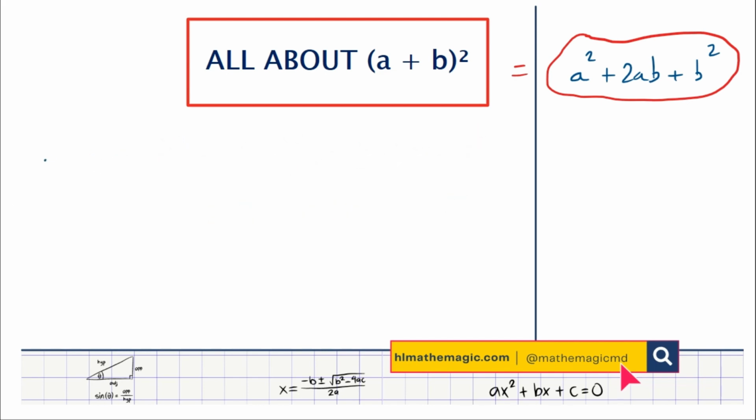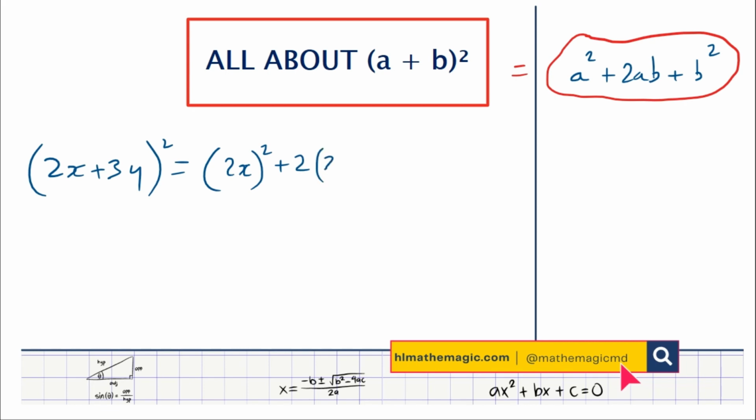So what if we look at something slightly more complicated, like 2x plus 3y in brackets squared? Okay, so it's going to be the same thing here. We're going to have 2x in brackets squared plus 2 times 2x times 3y, and then we're going to have 3y in brackets squared. Okay, so the first thing is going to give you 4x squared, and then 2 times